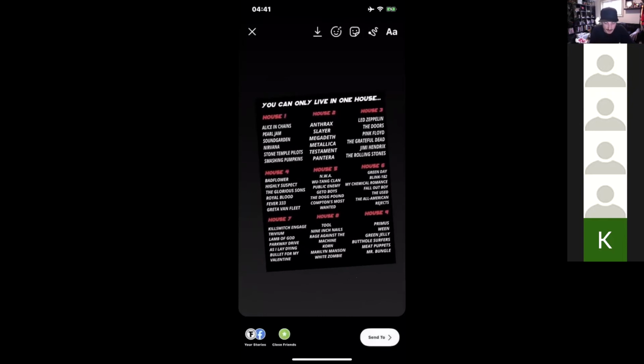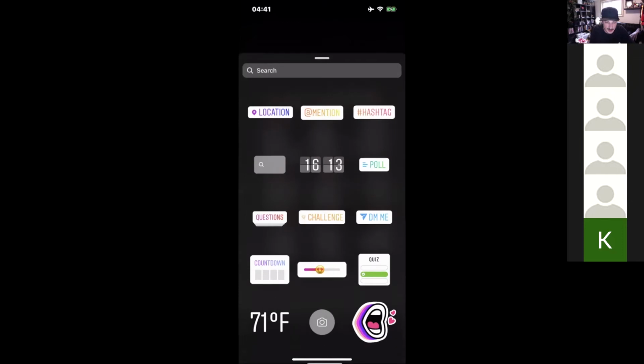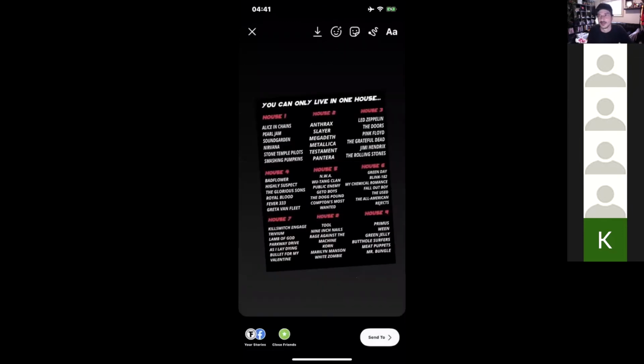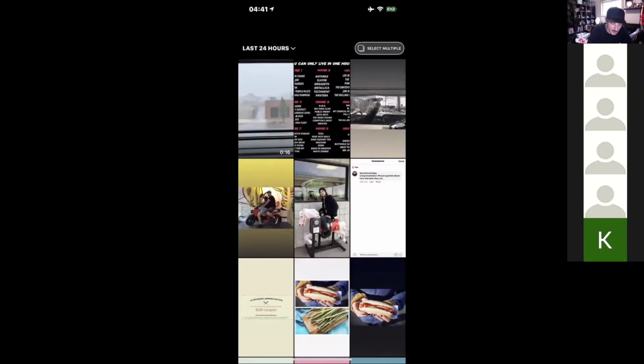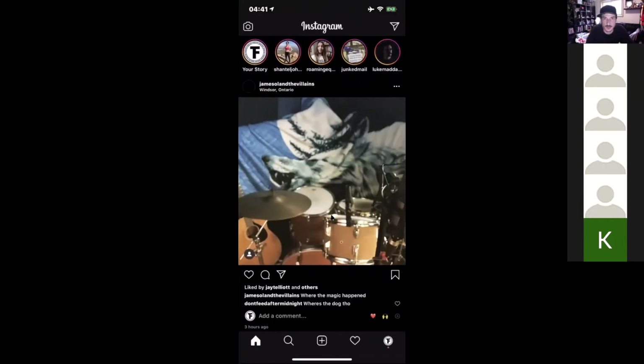So you could put like 50 little mini hashtags. Actually, I think there's a limit of like 20 hashtags that you're allowed to do. But yeah, that is a great way to start getting yourself out to a larger audience. Start putting yourself in the fray of a larger audience.